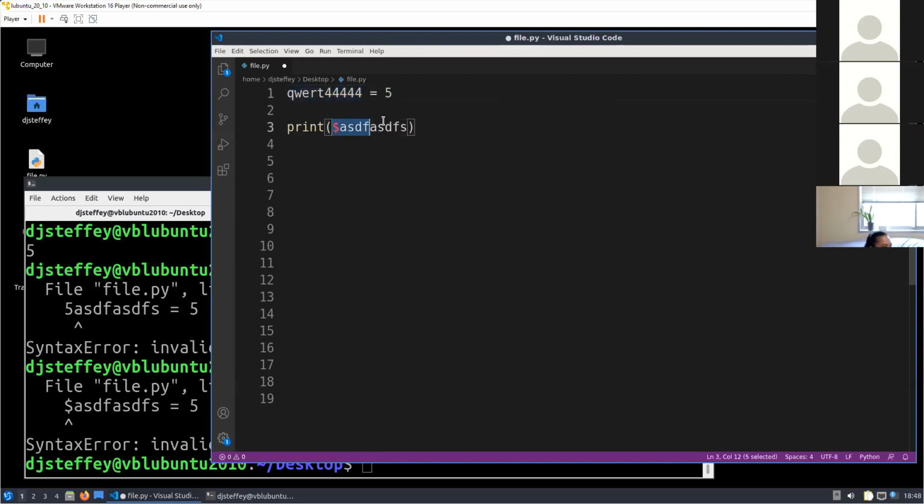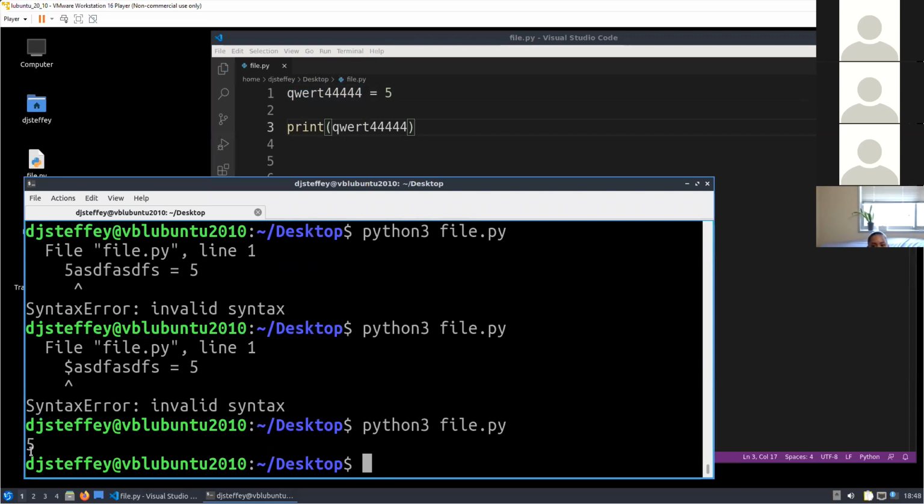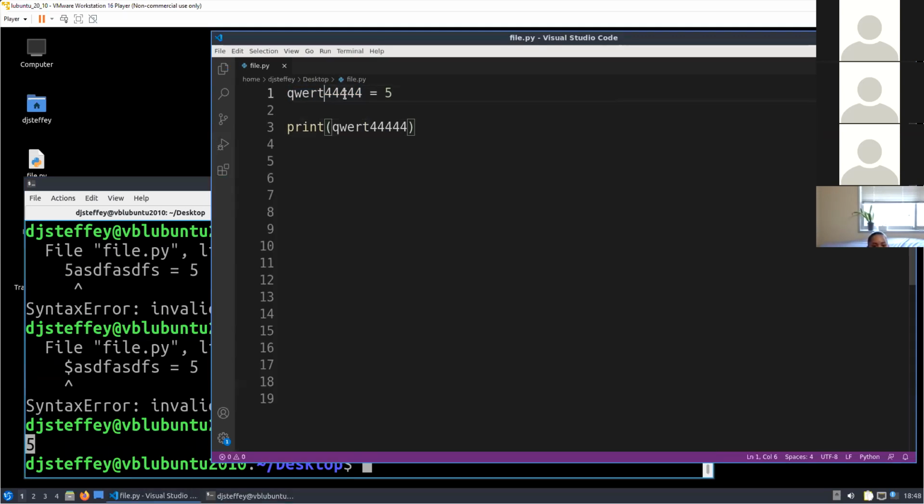Quirk 4444, save it and run it. That works because I can have numbers, but I can't start with a number. Also, Python is case sensitive. What I mean by that is